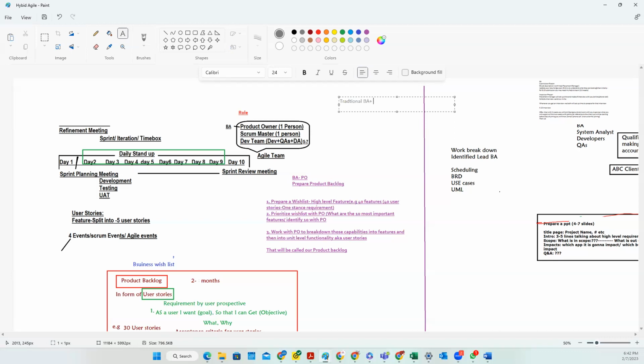Plus, they are given authority to accept the work. Okay, so they have decision authority to accept the work, whatever the team is building, like what the feature team builds, they accept it. Okay, and secondly, they have